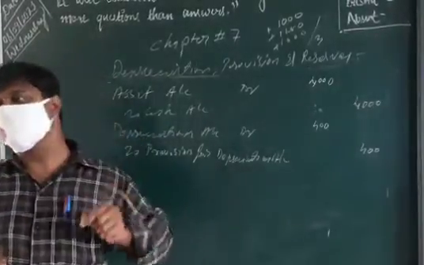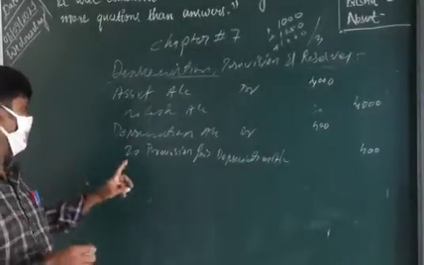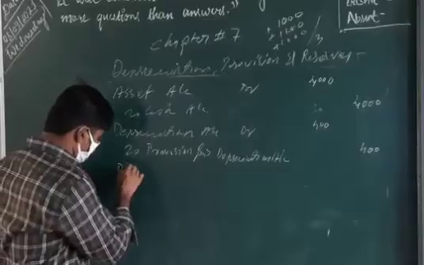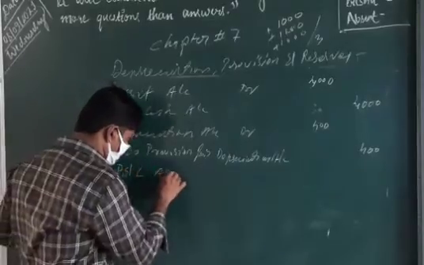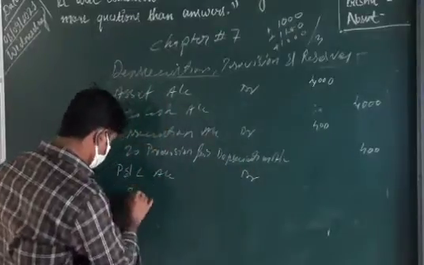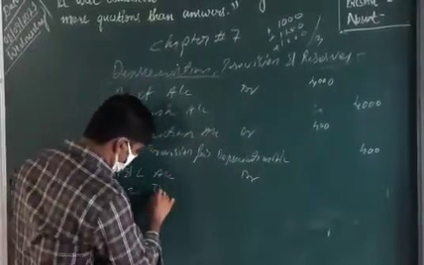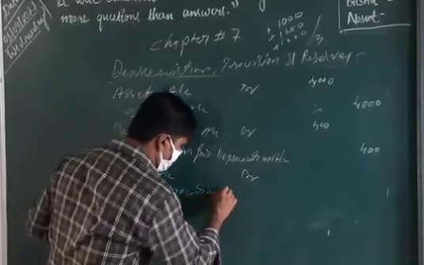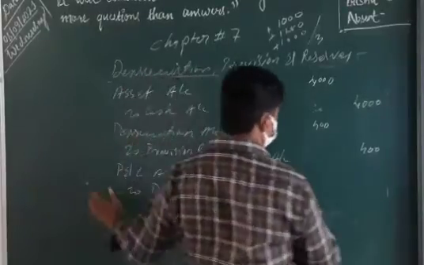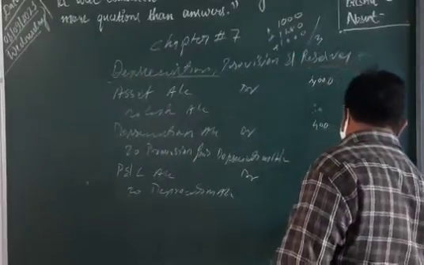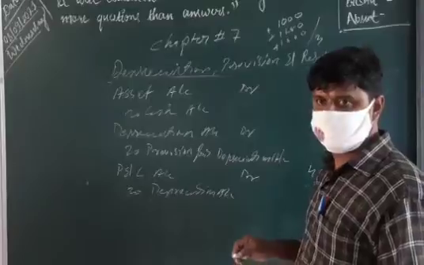And next is that this amount we have to reduce in that year itself, from the profit and loss account. So again we write profit and loss account debit to depreciation account. How much is charged here? So saying 400 units. You understand now?